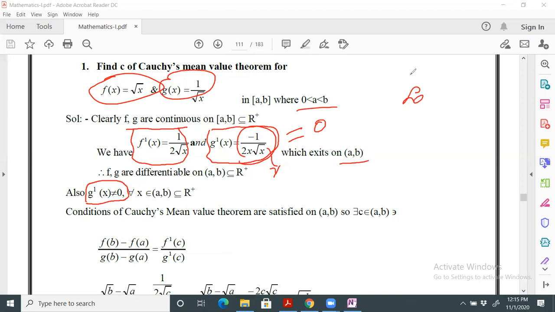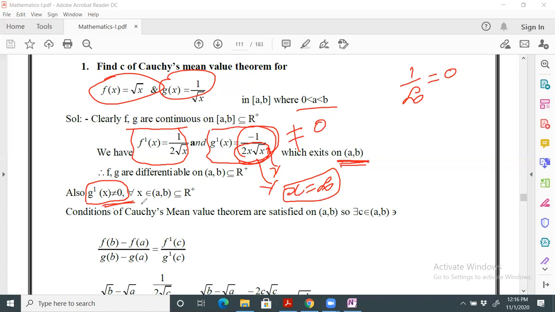Whenever the denominator is infinity, that is, 1 by infinity equals 0. So for which values of x will the denominator become 0? Whenever x equals infinity, the total fraction becomes 0. But x equals infinity does not exist in our interval. So we can clearly say that g dash of x is always not equal to 0